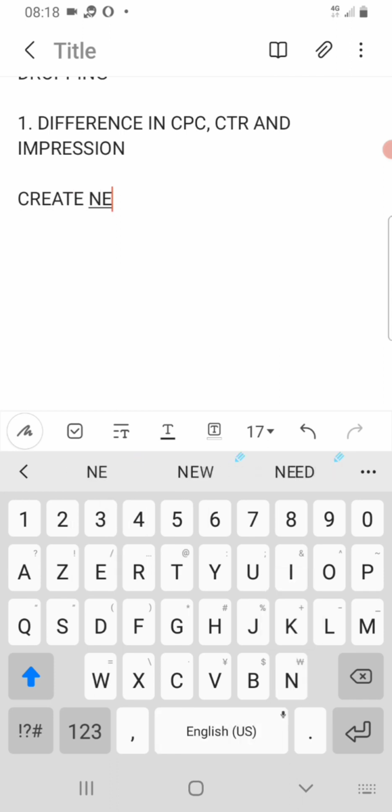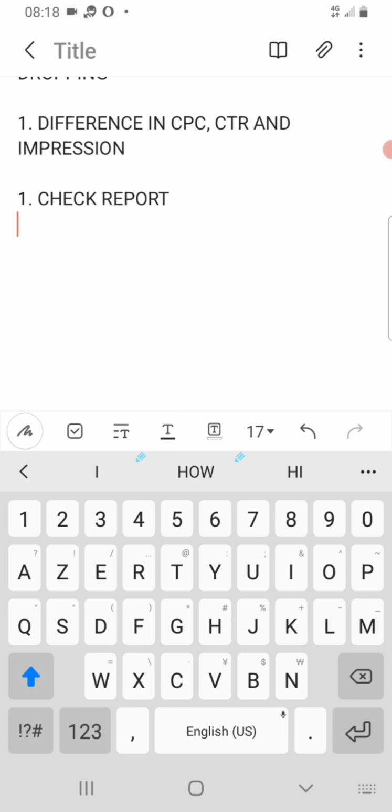Create report history or check report history. Check report history. Check report. Number one thing you will do here is to check your report. When you check your report, it should be able to tell you,